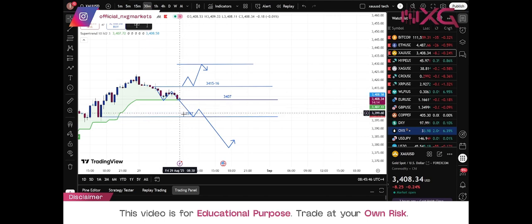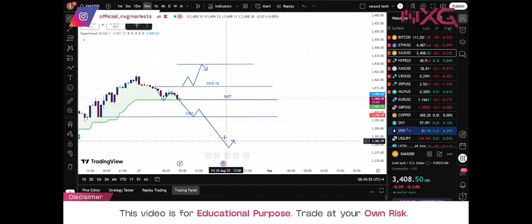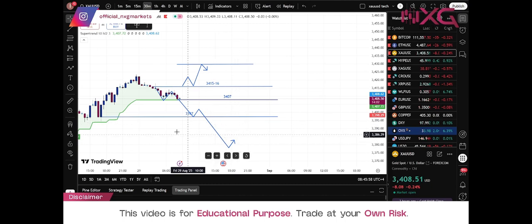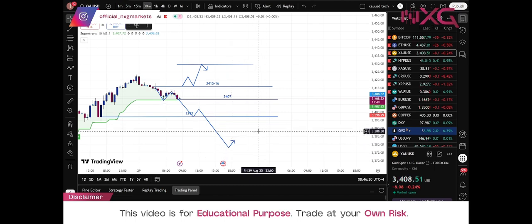Provided the market remains above 3400 and 3397, you can still expect a good bullish momentum next week. But if not, then the bearish movement comes into the picture for a while, for the correction. Fundamentals matter a lot next week as to what might happen, and that is how we are going to react, based on the sentiments of the world. Well, that's all I have for the gold.